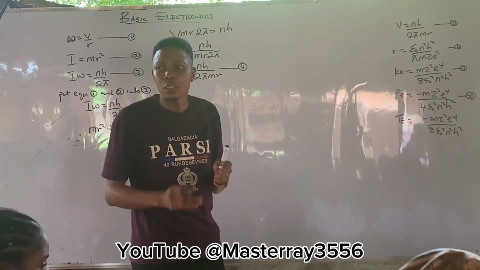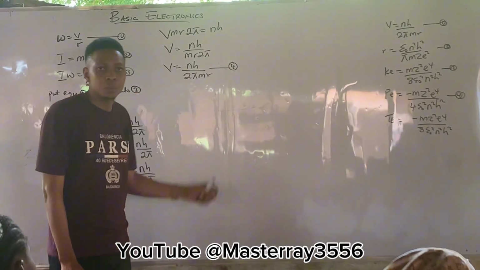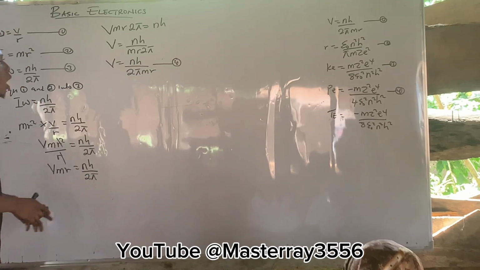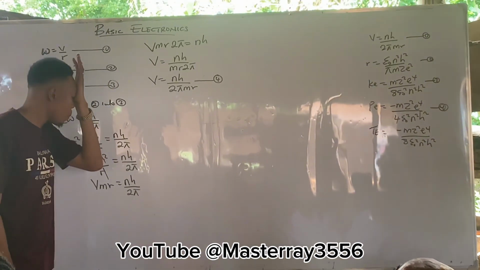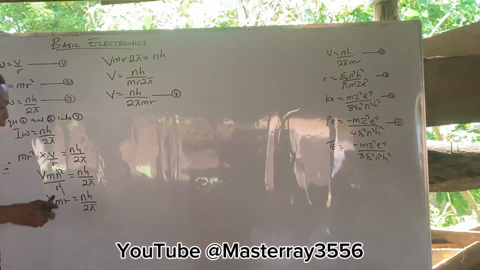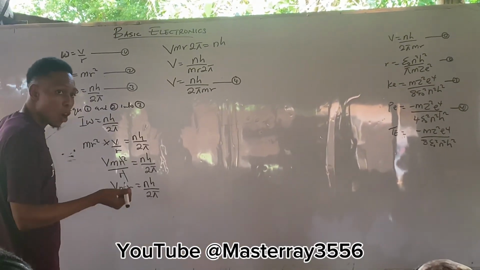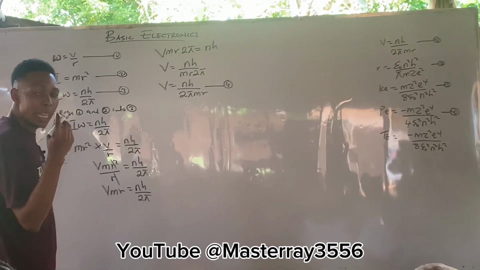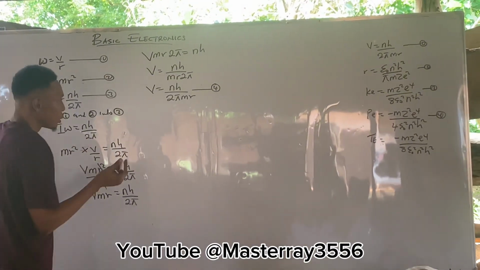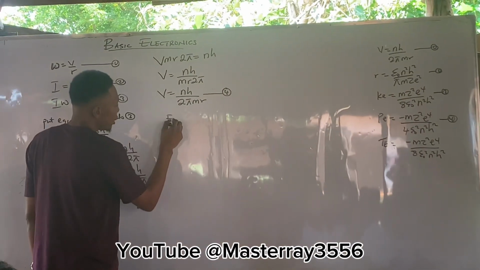Now that you've gotten that, the next one is our radius. Now, alright, you can copy that. All this proving is under Bohr's atomic model. Now, to prove for radius, you recall from your electricity and magnetism, electrostatics, we are told that F equals